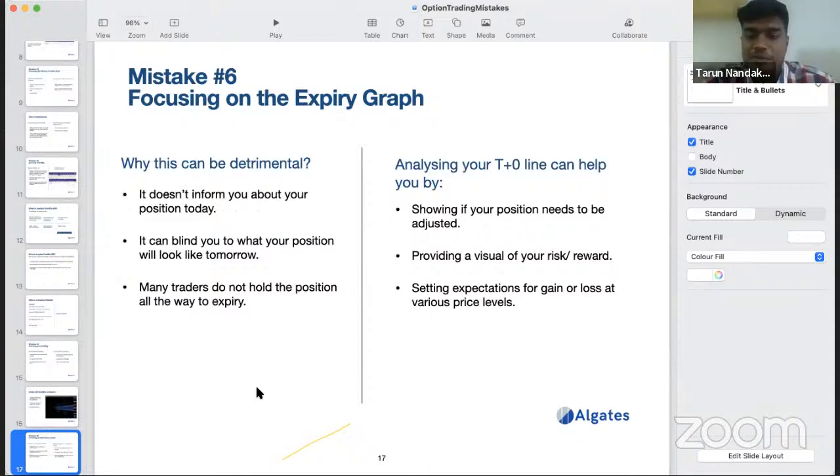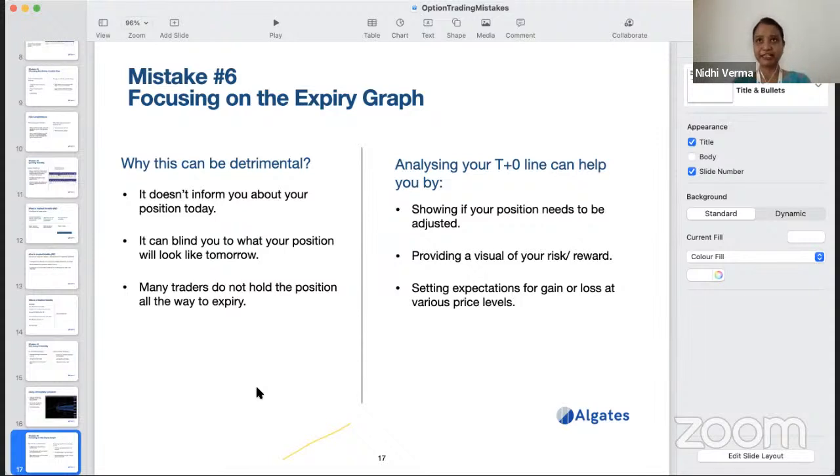But it's not just probability which comes into the picture here. The next thing we can look at is the expiry graph. This is also another thing which people can look at. When we learn options from the beginning, we see what is going to happen at the time of expiry. Always we are taught with payoff charts: at the time of expiry, if this happens, then this is my profit.